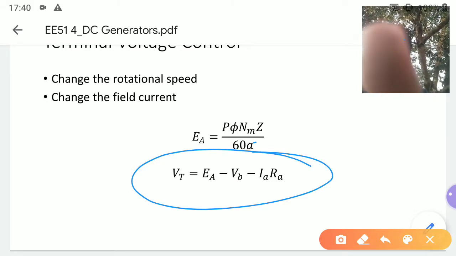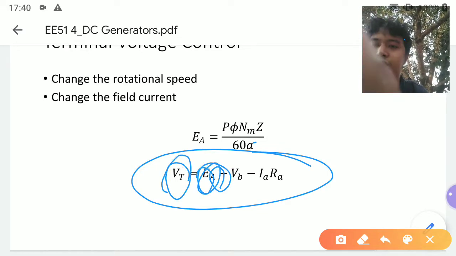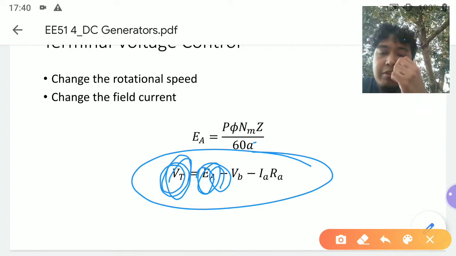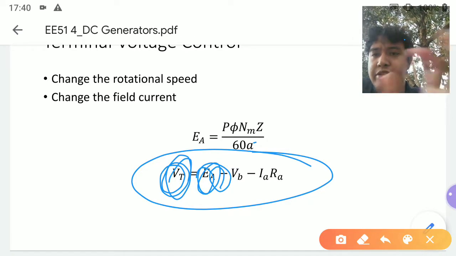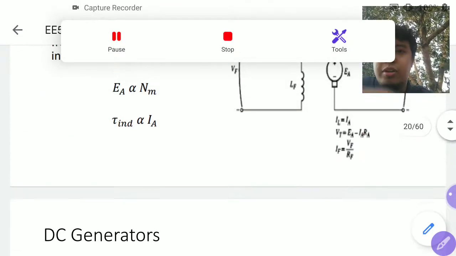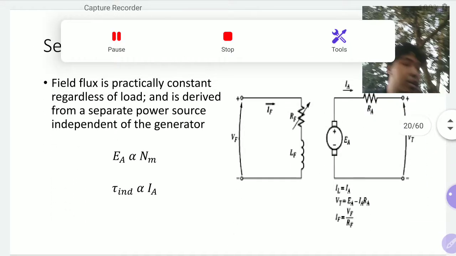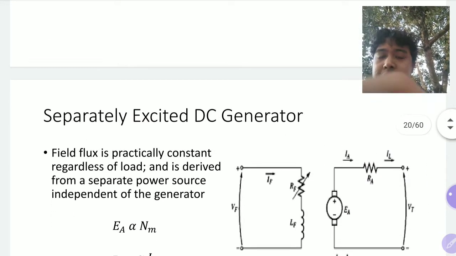So if you can control this armature voltage, then you can also control this terminal voltage. Of course, you have to consider the voltage drops from the armature,